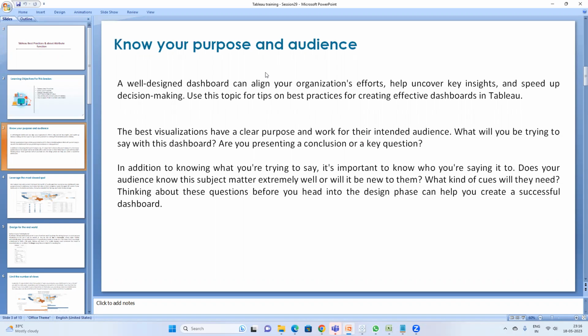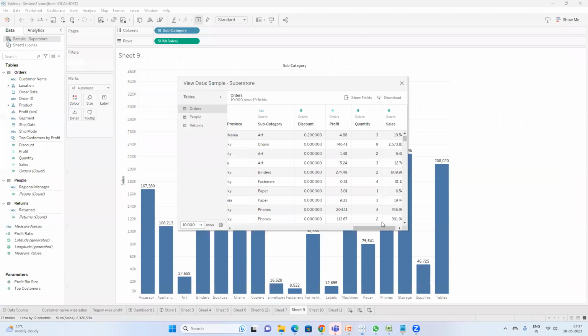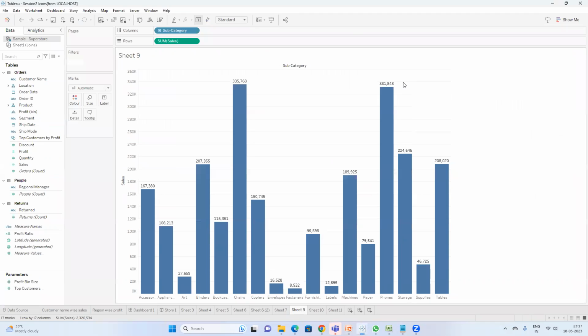Whenever we create any dashboard, we need to know the purpose and the audience. A well-designed dashboard can align your organization's efforts and help uncover key insights, speeding up decision making. Let's say I need to create the dashboard for the subcategory level. If someone is maintaining the category-wise details, whoever is under that person will be taking care of the subcategories. So I need to create some kind of data where they can dig deeper into the information